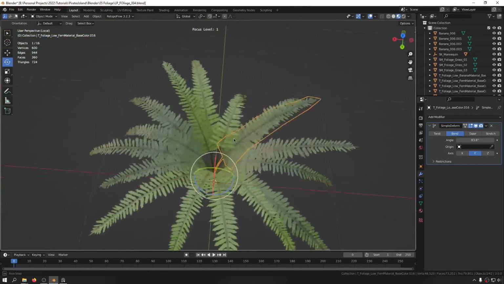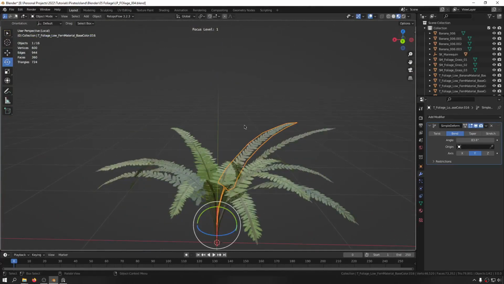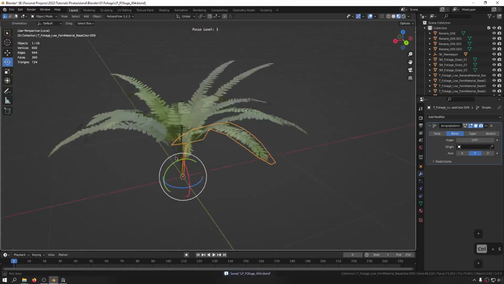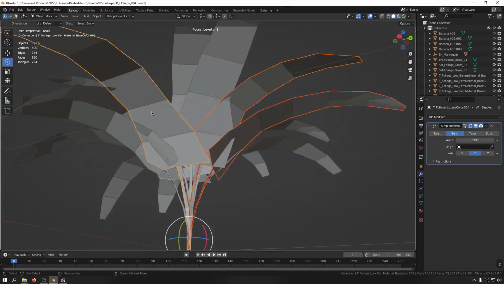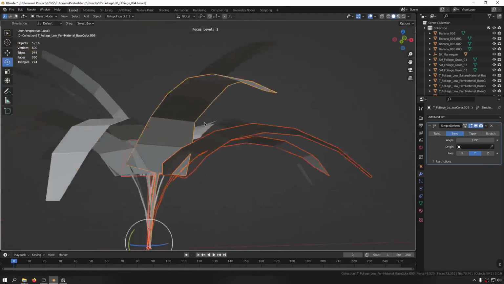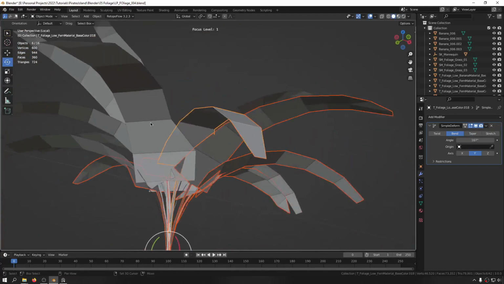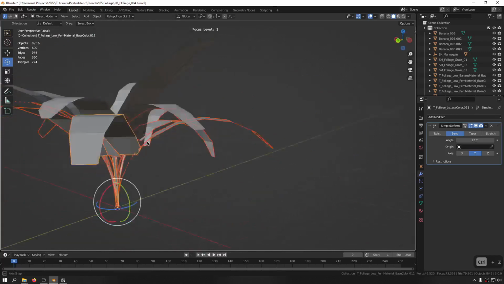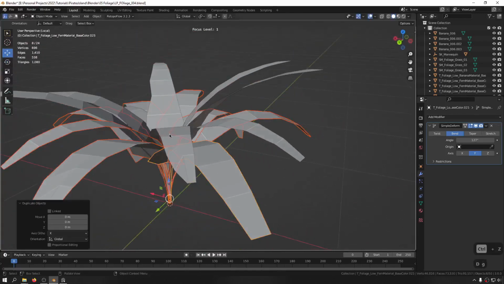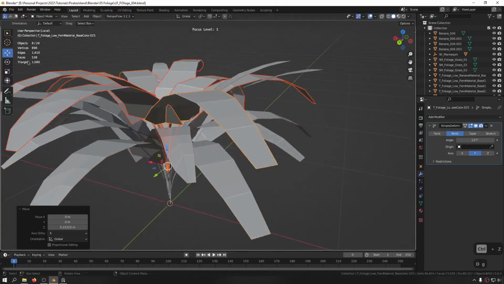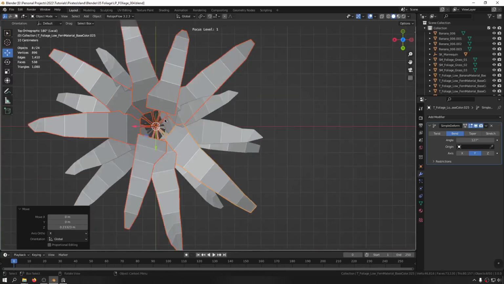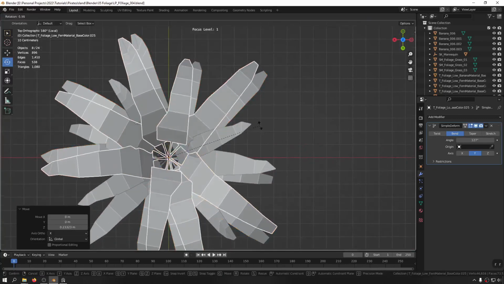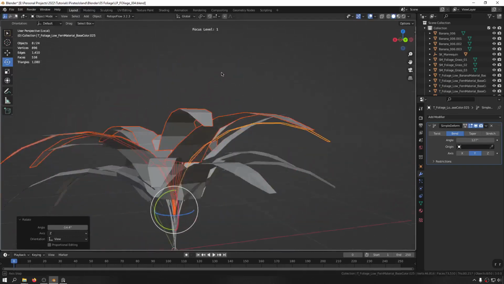And now let's take the first layer. Let's go to solid view so that it's easier to pick up. I'm going to select the first layer once and do another duplicate and bring them up. And you see, although we have a lot of duplicates, but the poly count is really manageable and good to work with. Okay, now do another copy